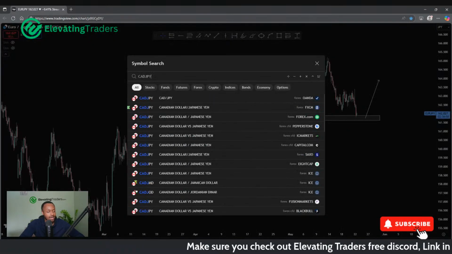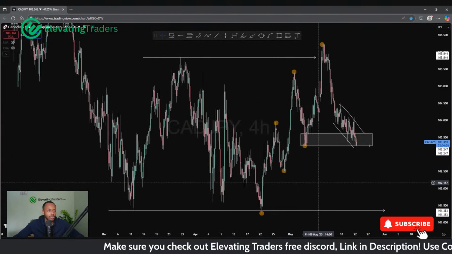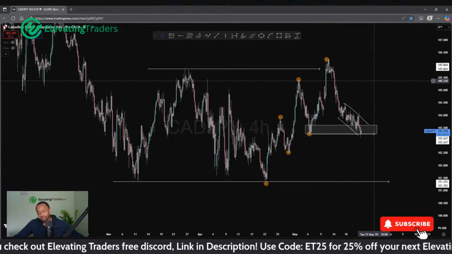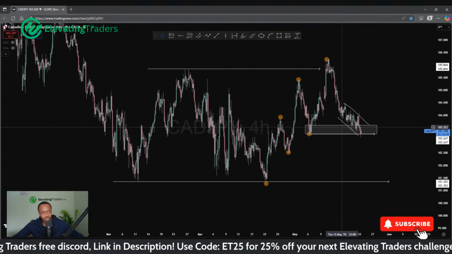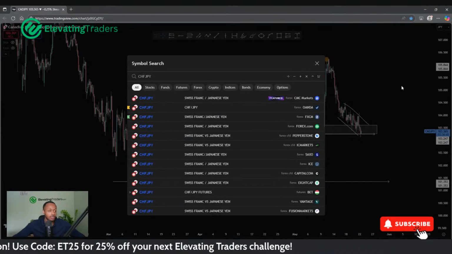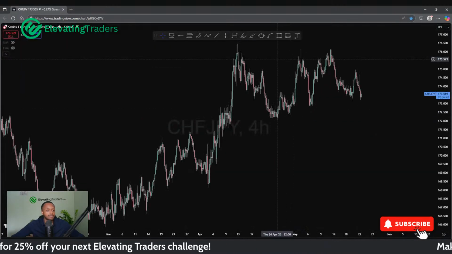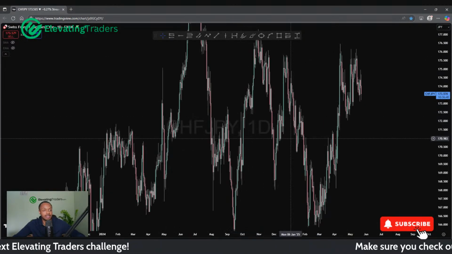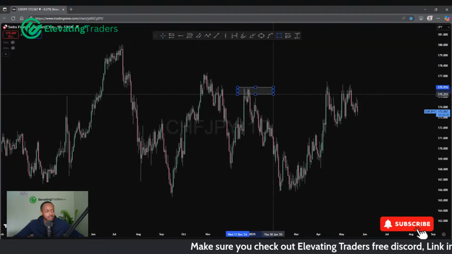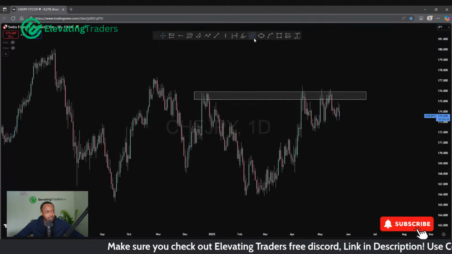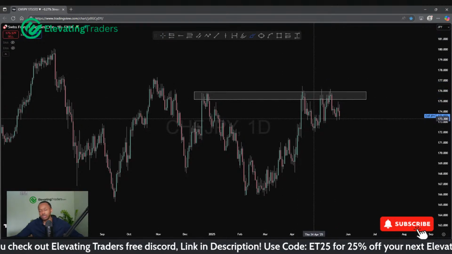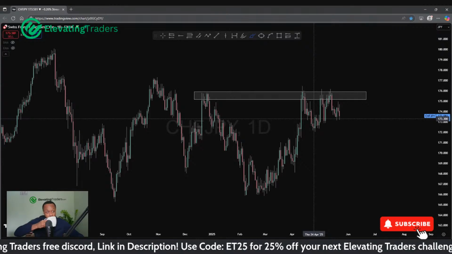We spoke about CAD yen. I said very, very choppy price action. At support, might see a bounce from there, but not a big fan of the price action at all. And Swiss yen we haven't actually spoke about, but for good reason. I don't like the pair at the moment at all, really. Trading at resistance, failing to break through, seeing first, second, third attempt there. So price is clearly struggling